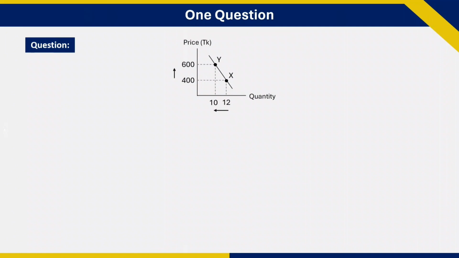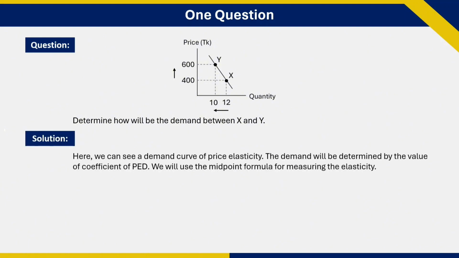Let's find the solution of a question. This is obvious from the graph that it is a demand curve of price elasticity where X and Y are 2 points on the curve. The graph shows that price increases from Taka 400 to 600. As a result, the quantity decreases from 12 to 10 units. We have to determine how the demand will be between X and Y. The demand can be determined by finding the coefficient of price elasticity